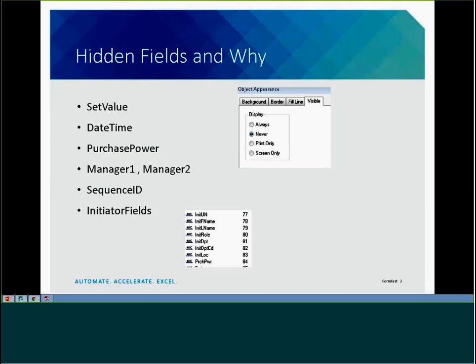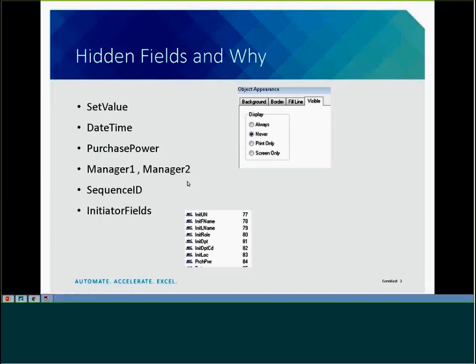Initiator fields is another set of fields that we're using to move data through the workflow based on what's stored on the form. And we've standardized them along these names as we've been building out new projects: initiator, username, first name, last name, role, department code, location, purchase power. They're fields that we pre-fill with the person who launched the workflow, and we can use that information later on in the workflow